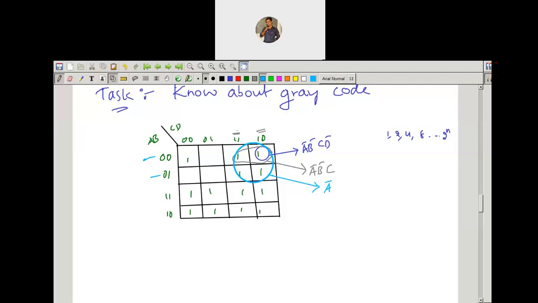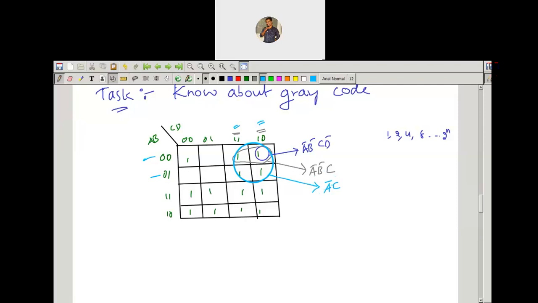Coming to the top side, you have the 1 1 column and the 1 0 column. From this, C has the common value, C equals 1, but D does not have a common value. So only C is common, with value 1. So we can write A bar C. You can observe from the 2 cell grouping to the 4 cell grouping: in the 2 cell grouping the expression is A bar, B bar, C, and in the 4 cell grouping the expression is A bar, C. The expression is being simplified, right?